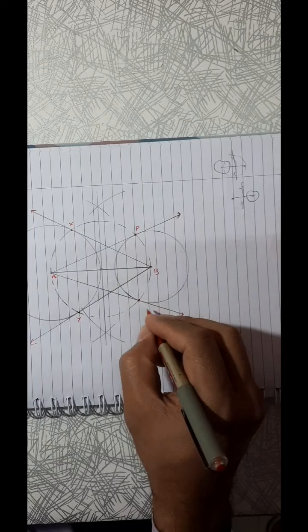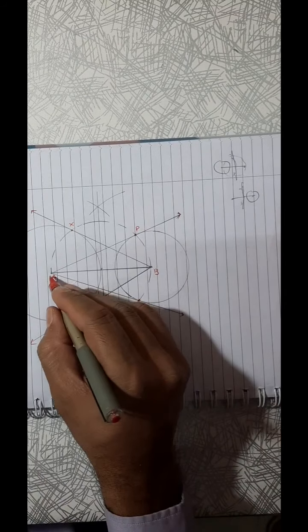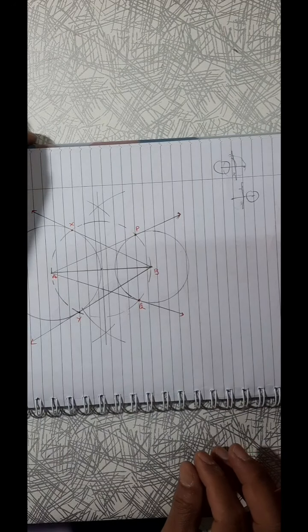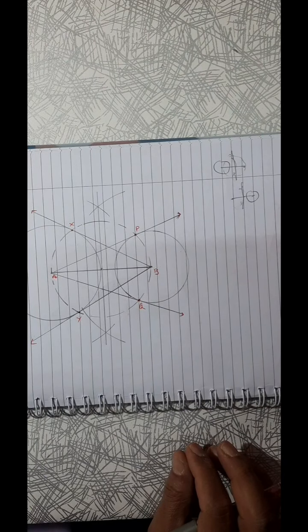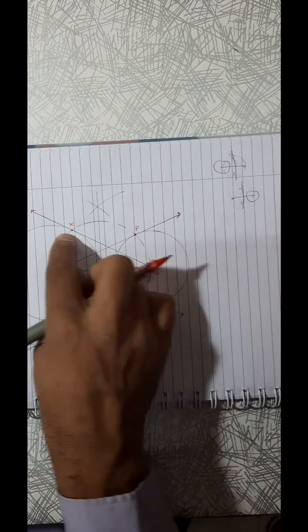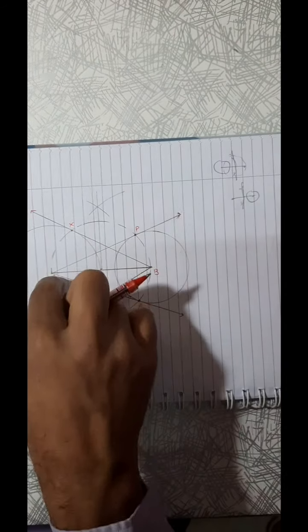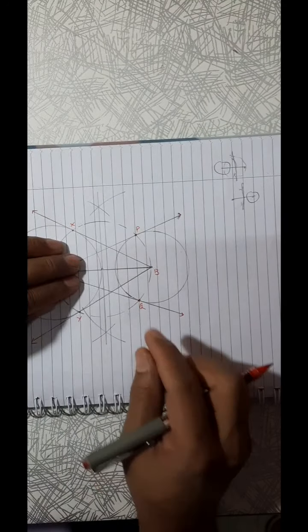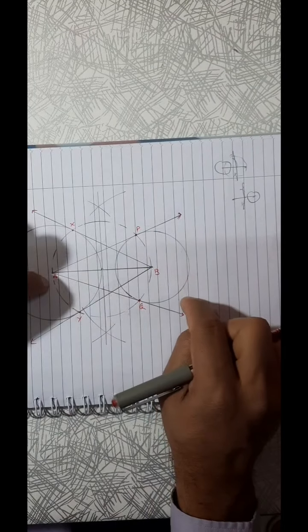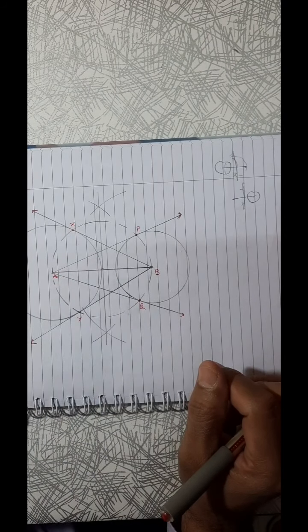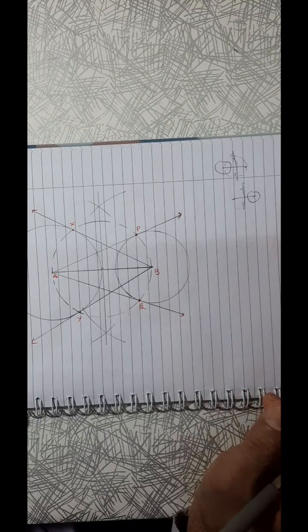AP and AQ tangents. From A, AP and AQ are the tangents. From B, BX and BY are the tangents. So 4 tangents we got. Perpendicular bisector and dotted circle is drawn only once because for this circle from this point and for this circle from that one, the center and the point, and the circle are getting interchanged. For this circle from this center and for this circle from this center, the AB perpendicular bisector dotted circle is going to be the same thing. Okay, I hope you understood it.